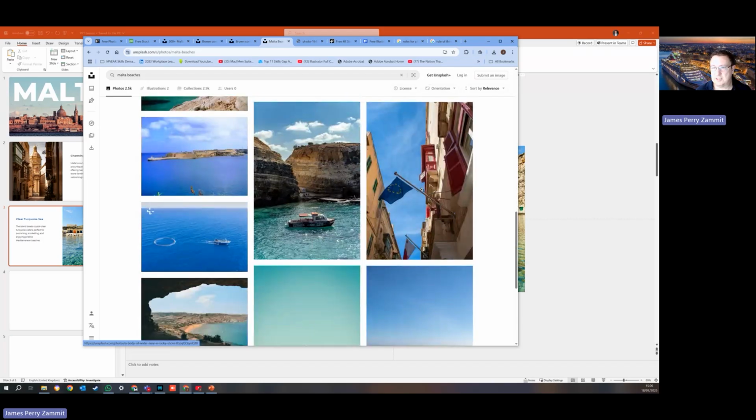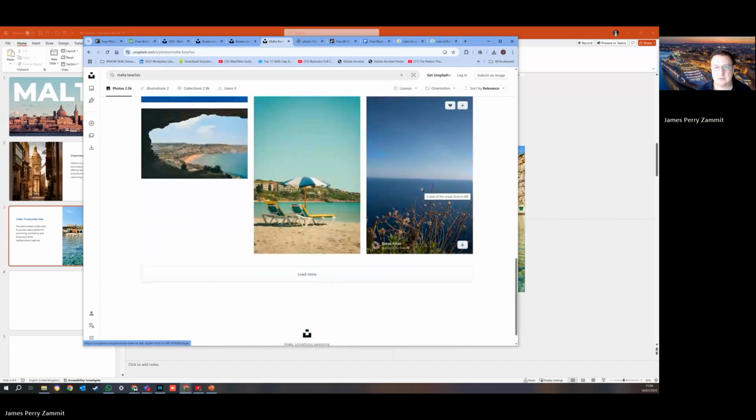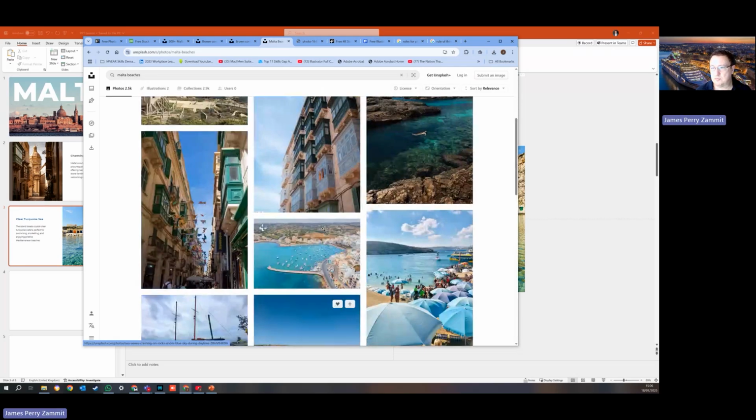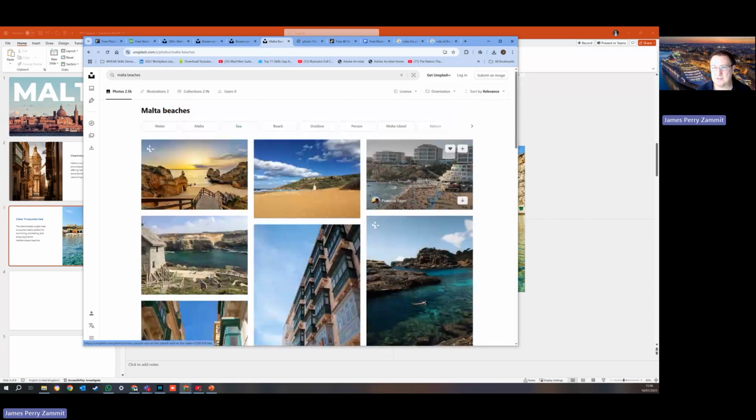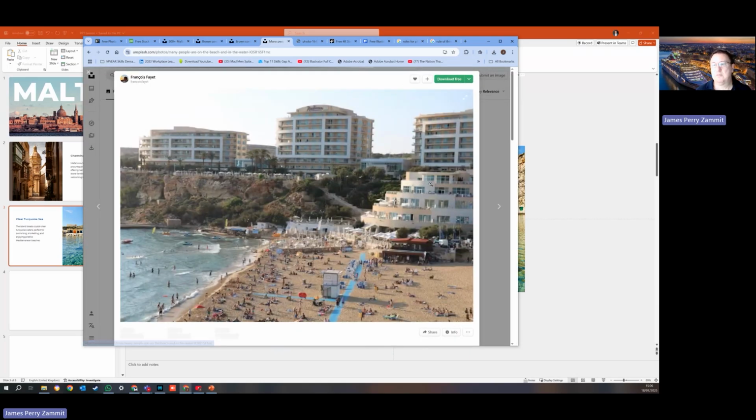So let's change the image. This is Dwejra, Ramla l-Hamra in Gozo, Calypso's Cave. This is Mellieha Bay. Which one do we want? Do we go with this or do we go with this? I'm going to go with this one because this is landscape and I need it to fit into a portrait size. So large,